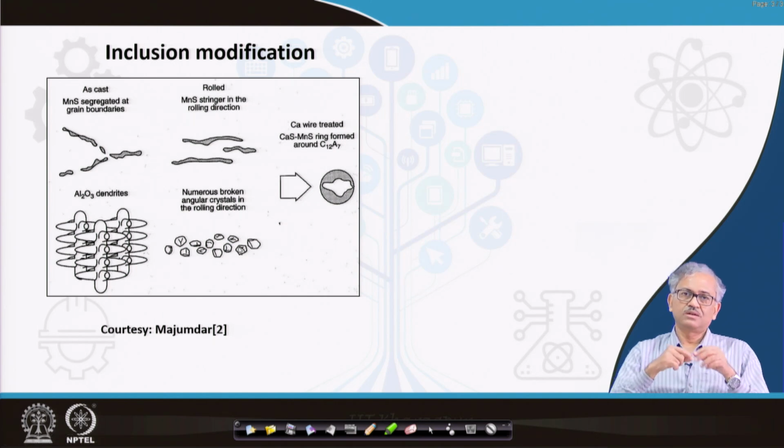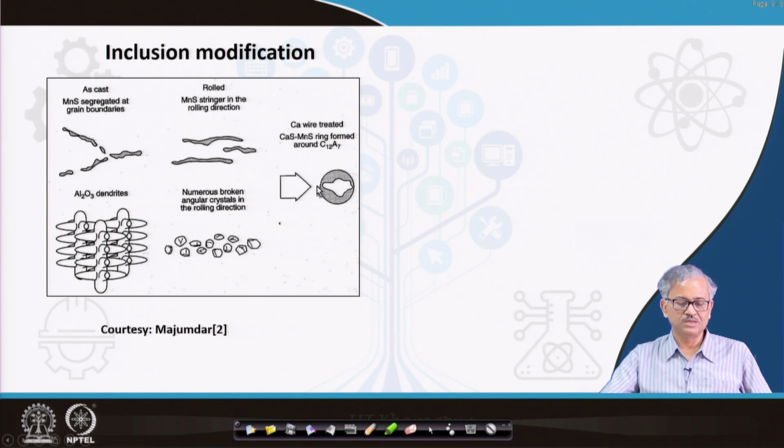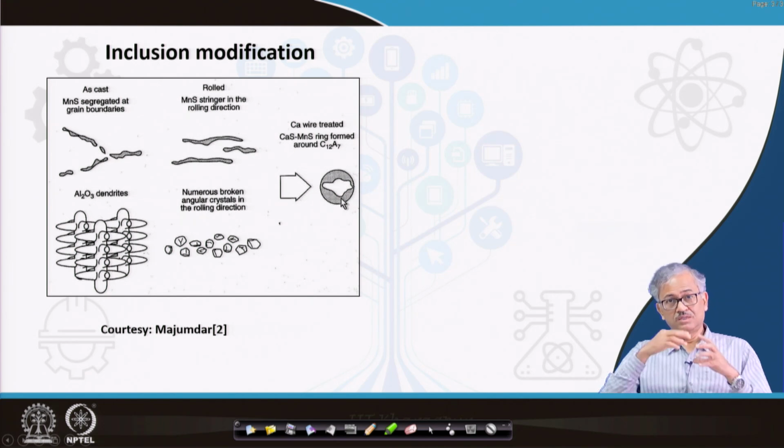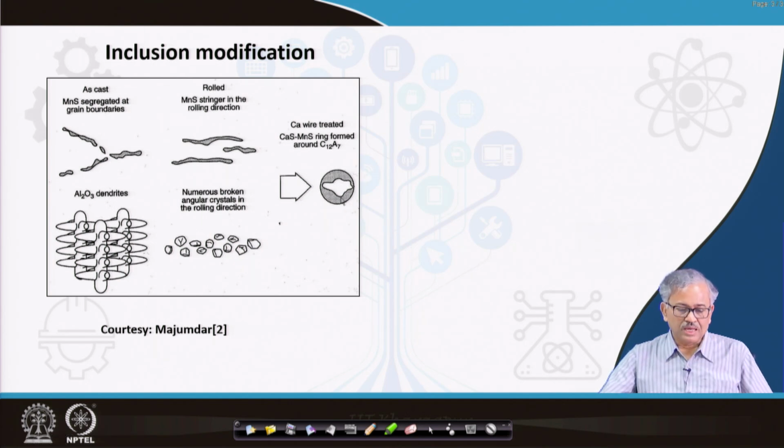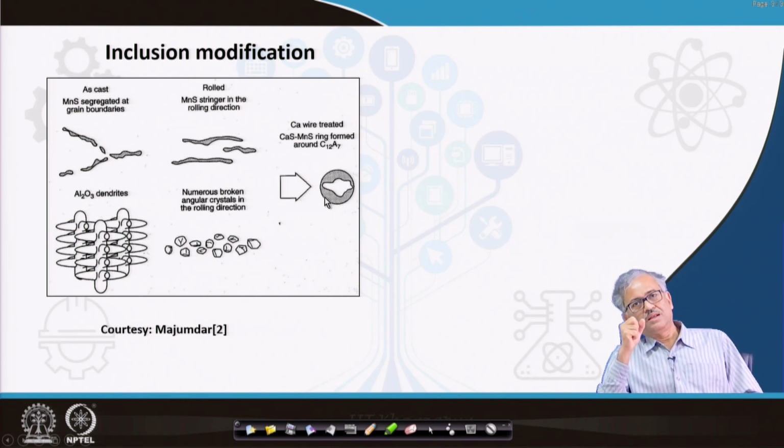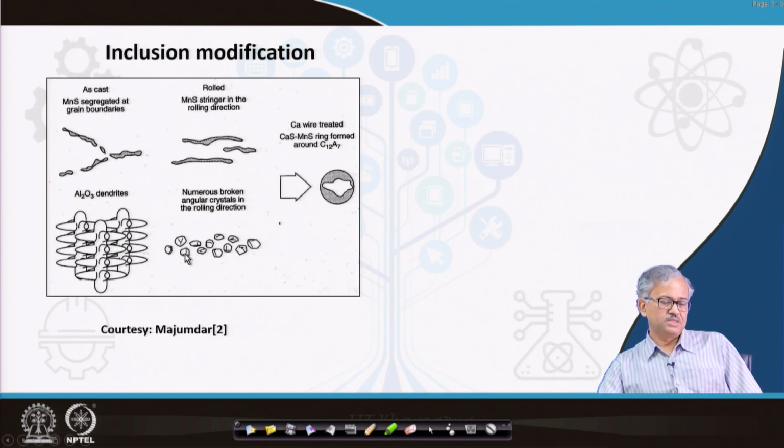But if you treat this type of steel with calcium, if you add some calcium, then what happens? This calcium modifies these deleterious inclusions to a spherical inclusion. That is interesting. By calcium treatment, the calcium alumina is converted to calcium aluminate, and this you can find in the core of the inclusion. And the calcium sulfide and manganese sulfide make a solid solution, and then they come over it. So manganese sulfide, calcium sulfide on the surface of calcium aluminate, okay, as a nice sulfide ring. You can form a perfect spherical inclusion,